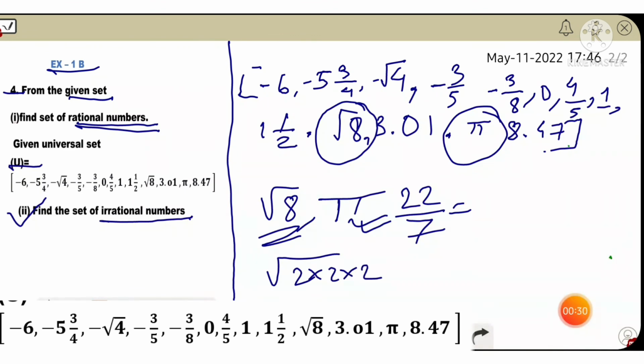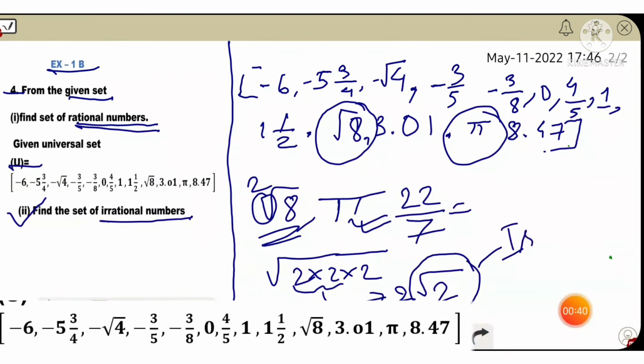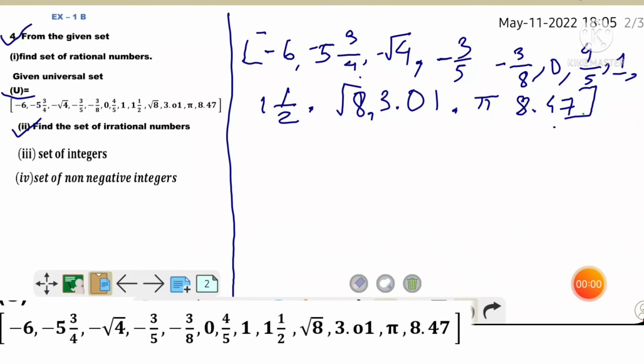Root 8 is 2 into 2 into 2. Since it is the square root, 2 will come outside and another 2 will remain inside the root, and it is irrational